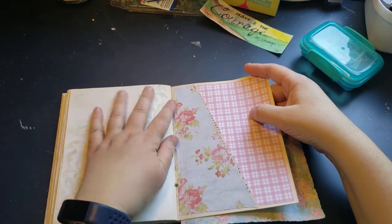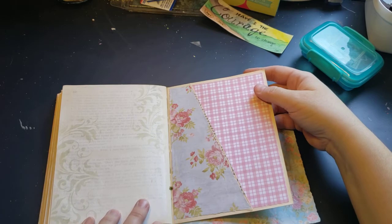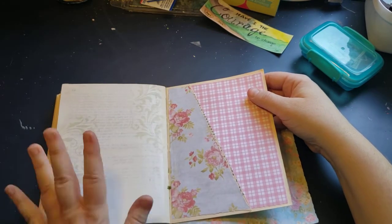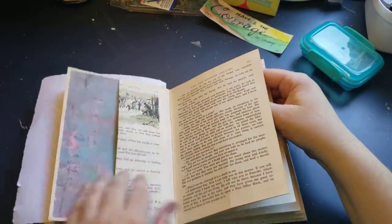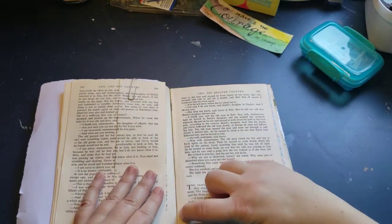Well, actually, I didn't use gesso. I used white acrylic, which still comes out not looking like white, because you can still see the cream through it, probably. And then I've got some back here that I've done as well. That's a jelly plate print back there. And then I've got some places where I need to...